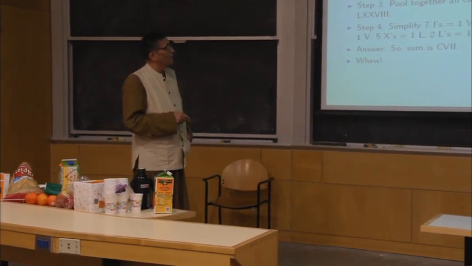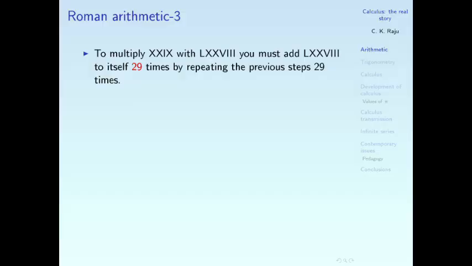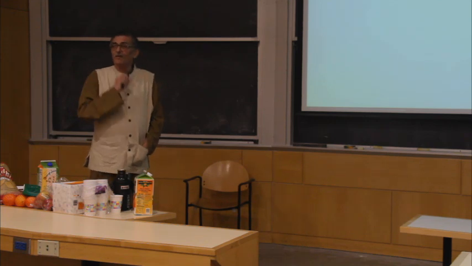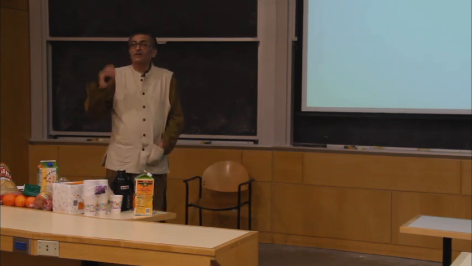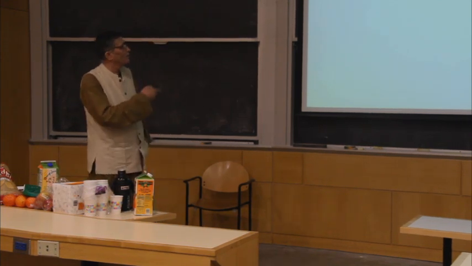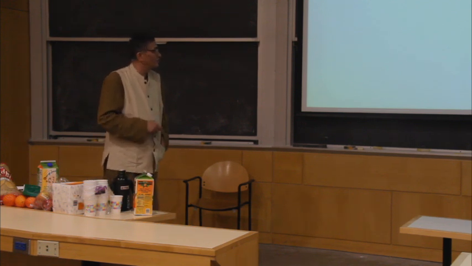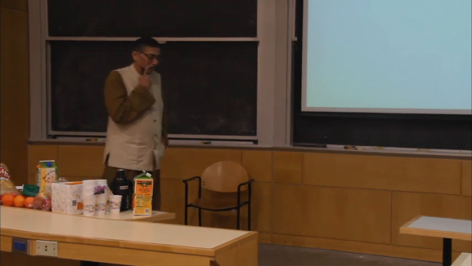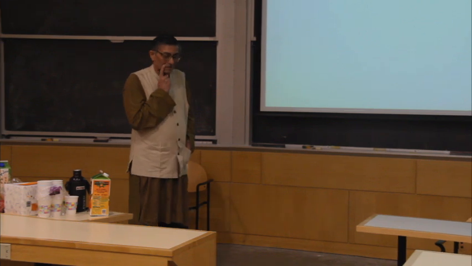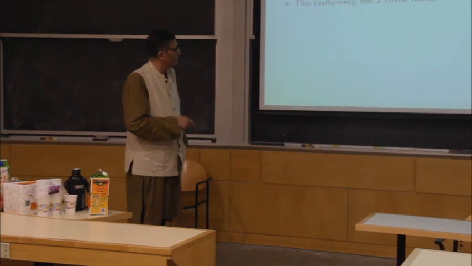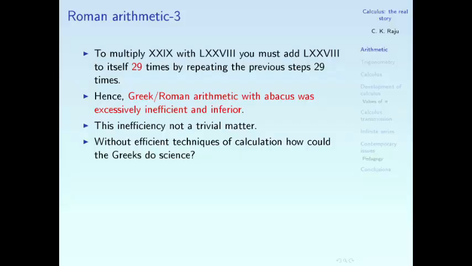So the problem is now if you were to multiply, you have to do this so many times, 29 times. So simple multiplication, which you can probably do in your head, which you can do very easily with algorithms, would take a very, very long time here. That was the problem. So when the Greeks and the Romans did it with an abacus, it was extremely inefficient. But that inefficiency is not trivial